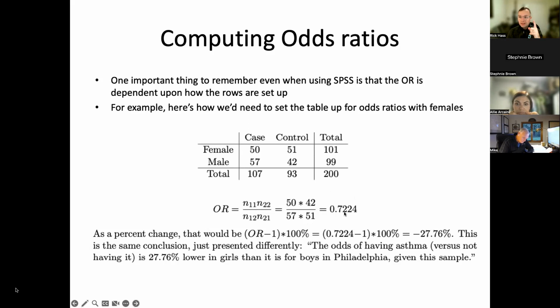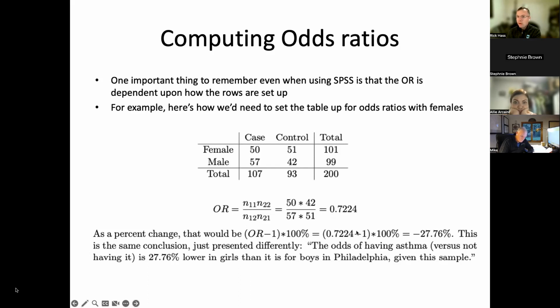It actually means the numerator isn't larger than the denominator. It's smaller than the denominator, right? So in this case, the odds of having asthma, if you're female, are 0.7224 times the odds of having asthma if you're male, which means there's 75% of what the odds are for male, right? They're less than 100%. A less confusing way to kind of report that or think about it is to use